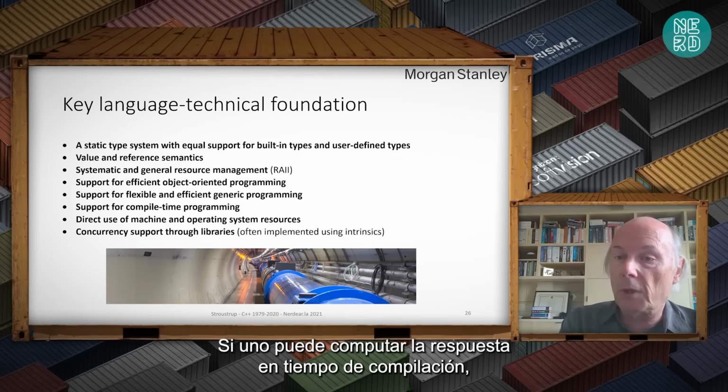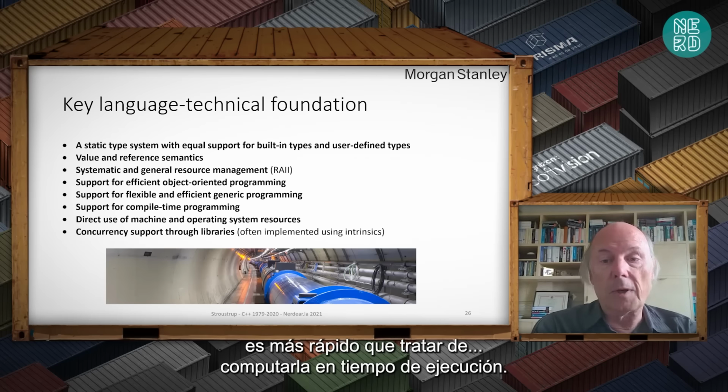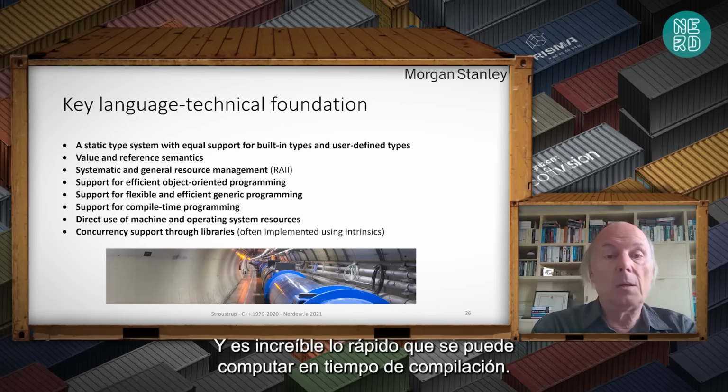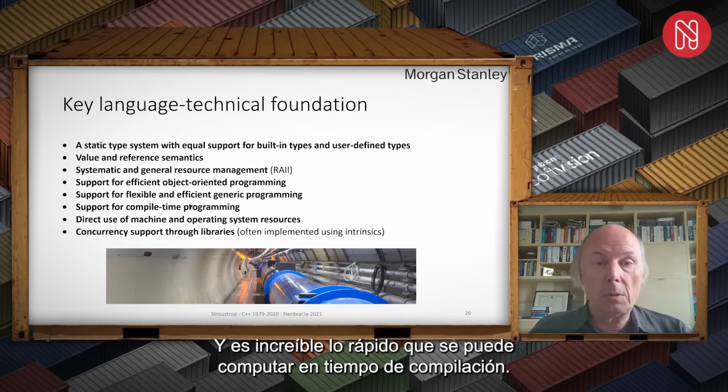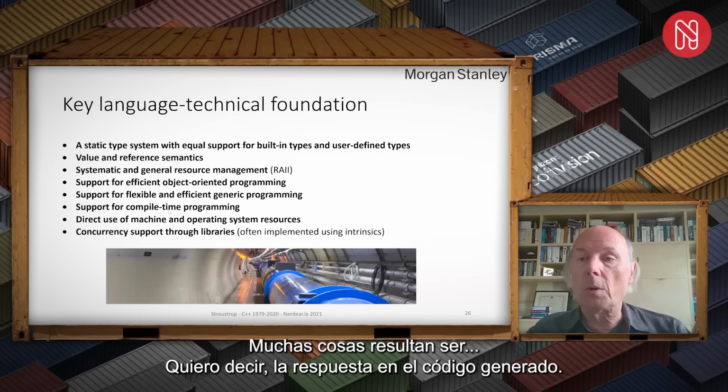If you can compute the answer at compile time, it's faster than trying to compute it at runtime. And it's amazing how much can actually be computed at compile time. A lot of things turn out to be just having the answer in the generated code.